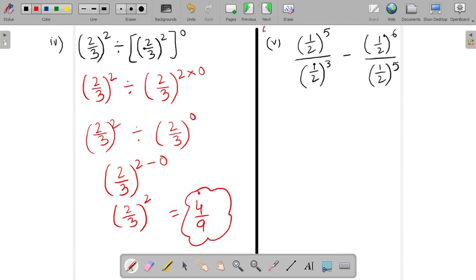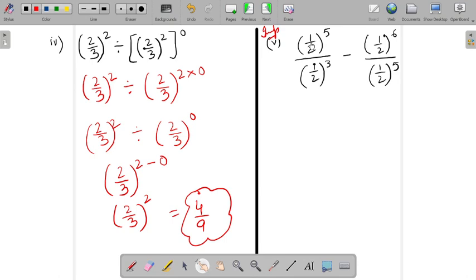Now the fifth part is very important. Observe this part. If you see, there is a minus sign in between, so we can't use the law over here directly. So in this case, we will use the law in this direction first, and then we will go further. Observe, in this case, it is in the division form. Instead of putting the symbol like this, division, they have taken it in upon form.